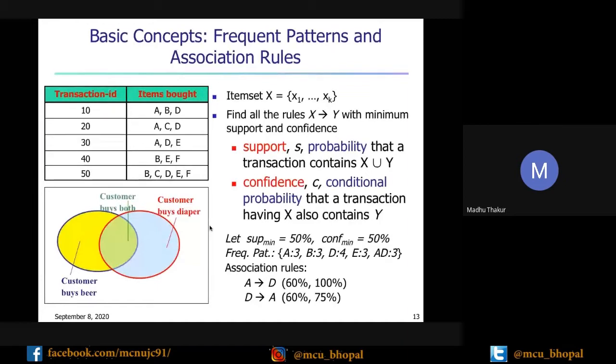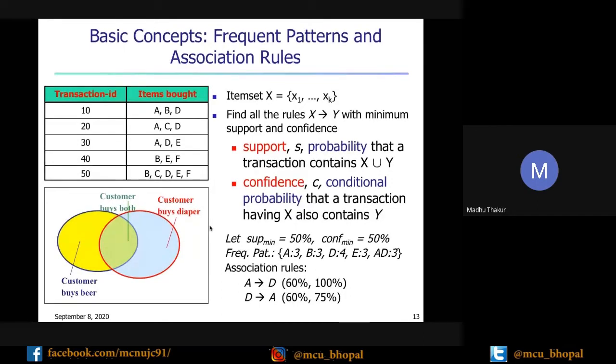So what is the support? There are two important measures for evaluating an association rule. Support is defined by S, which is the probability that a transaction contains X union Y. If the rule is X implies Y, it is how many times both items occur together in your database.